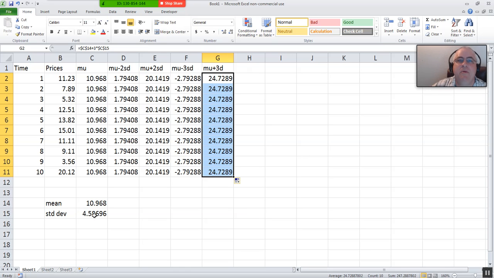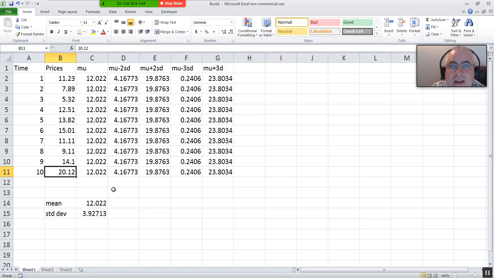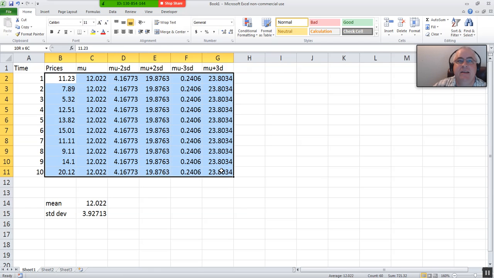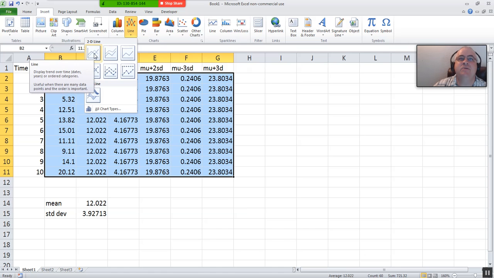Okay, now the nice part about this is, the way I've designed this is I can change values in here. Like if I change that to 14.1, everything's automatically adjusted. So nothing's hard-coded with that design. I can change these numbers, and it automatically fixes that. Now, if I highlight, starting with my values, prices, excluding time, and going over to mu plus 3 standard deviations, now if I do my insert and choose line and choose this option,